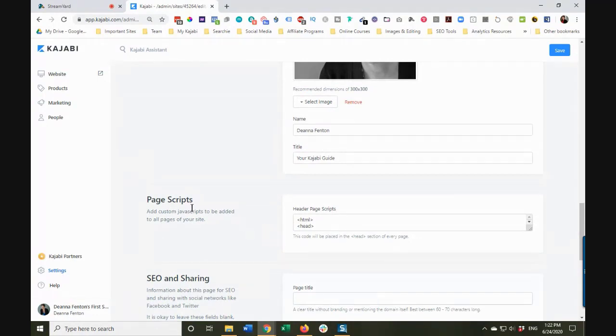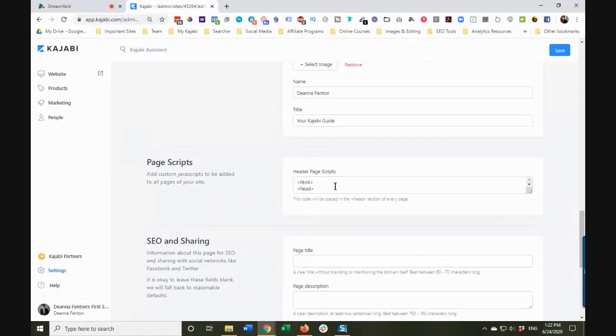And here is where you have any page scripts. So this is typically a little bit more advanced, but it might be something where you want to use another third-party tool, like maybe you want to use Help Scout, which is a pop-up customer support app that is available. And that would typically require you to paste a script in the header of your website to allow that to work. And that's where it would go.